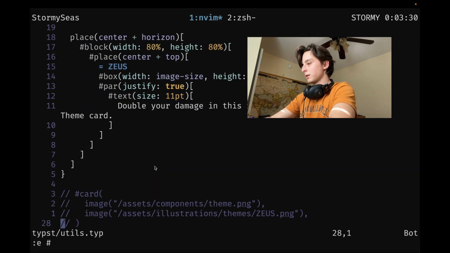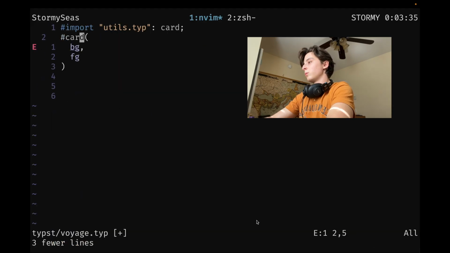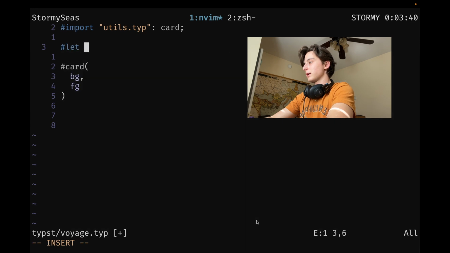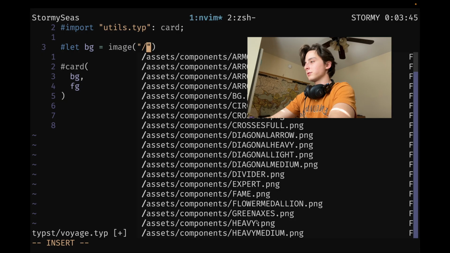Let's see, down at the bottom. Let's see, yeah, because theme is a background and then Zeus is like the foreground. All right, so what we want pretty much is to define the background as an image. Let bg equals, let's call that an image, and then we'll pass the path in, so